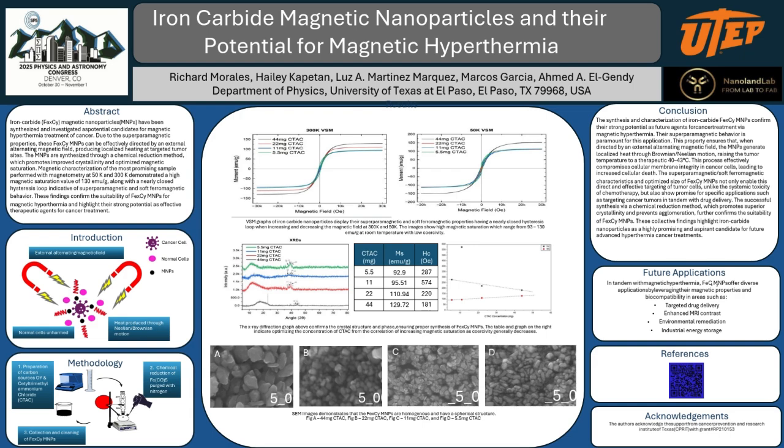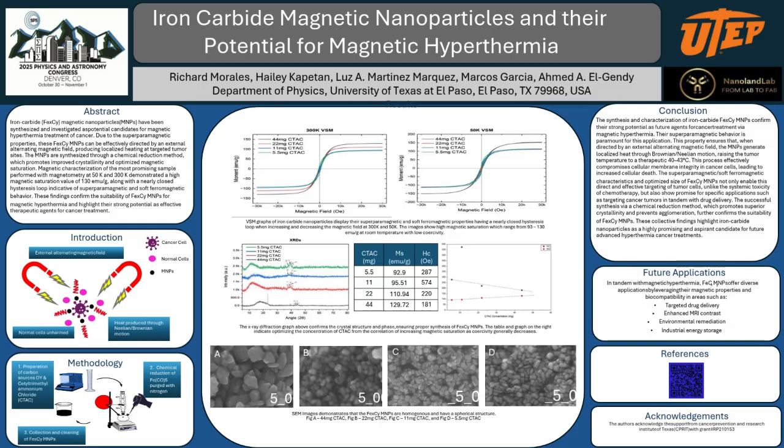As we move down to the XRDs, we can see that the XRD diffraction graphs show us how the crystal structure is formed, as well as their phase. Now, we're not producing specifically one iron carbide here. We're synthesizing a variety of Fe3C, Fe5C2, Fe7C3 iron carbides, where we then maximize, or optimize is the right word, the magnetic saturation and lower the hysteresis coercivity. As we can see with the CTAC ratio there in the table in the middle, the higher the CTAC ratio, in this case, the higher the magnetic saturation and lower hysteresis coercivity, which shows our story of how we synthesize